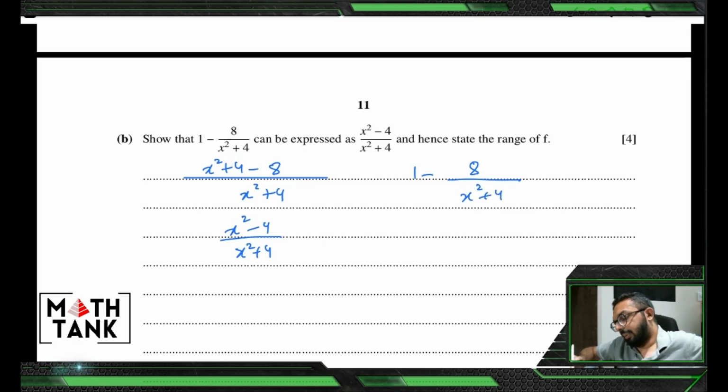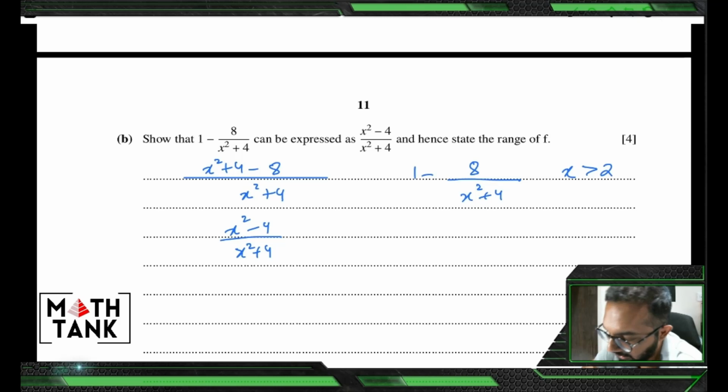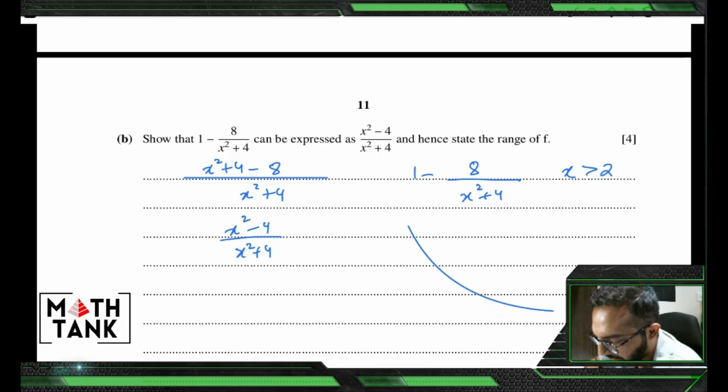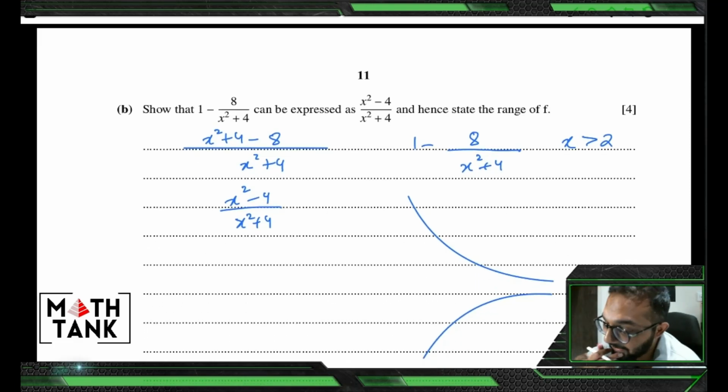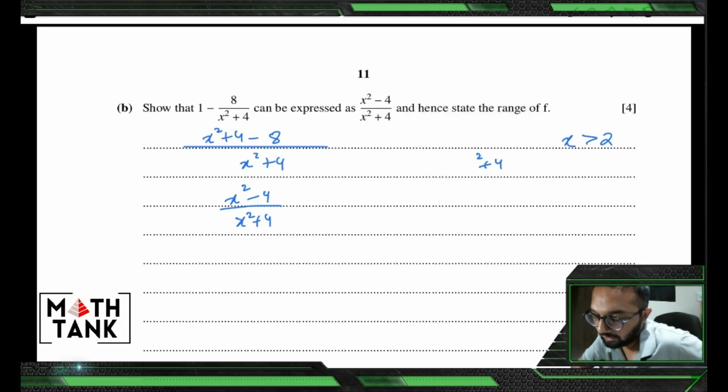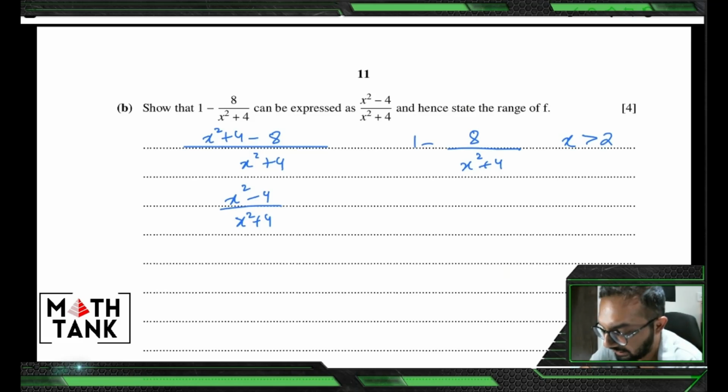One way of thinking about this is that you see x is greater than 2. Since rational functions go down sloping like that, or when they have a negative sign to them, they go and do something like that. So they either have a maximum value or a minimum value. So what I can do is think about the equation of the curve and say that there is a fraction involved and there is a number involved.